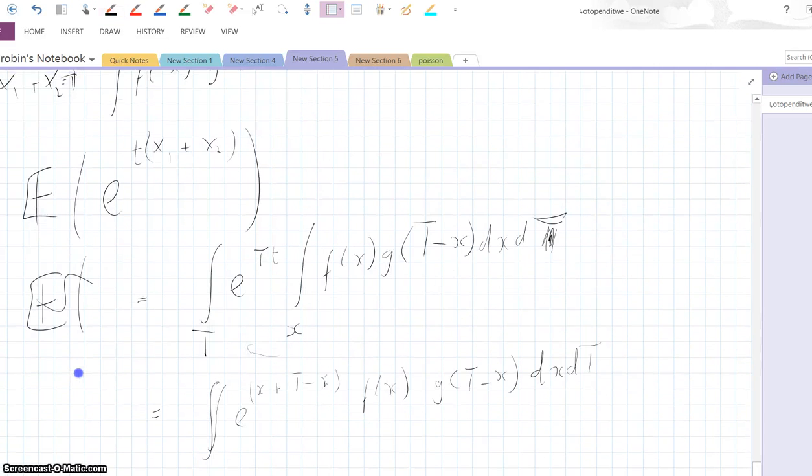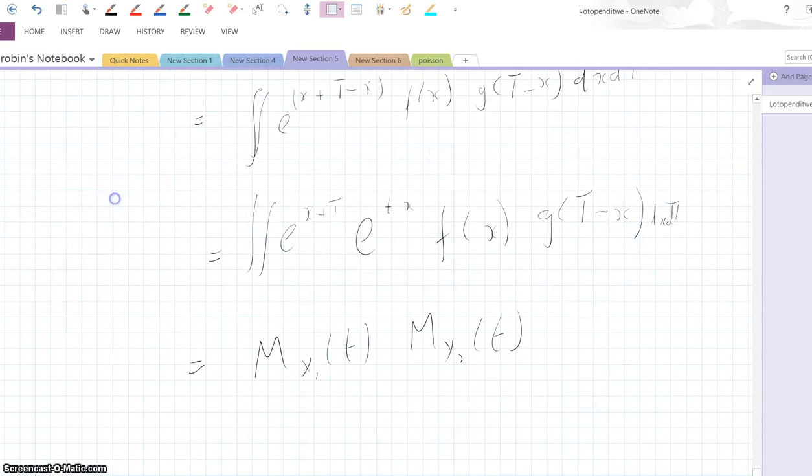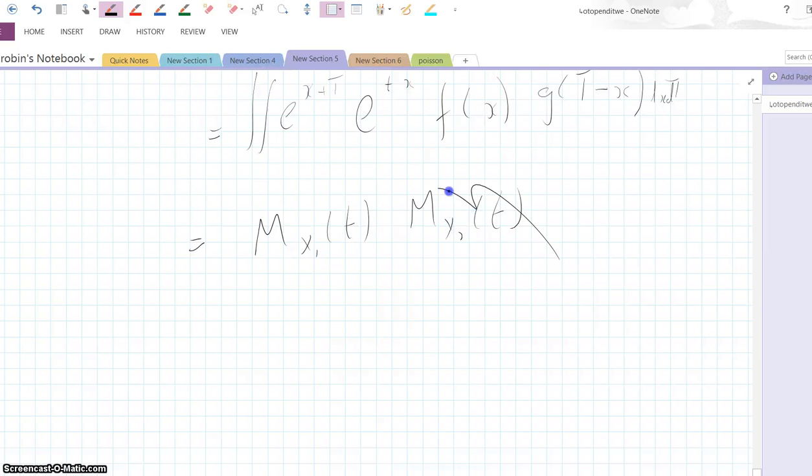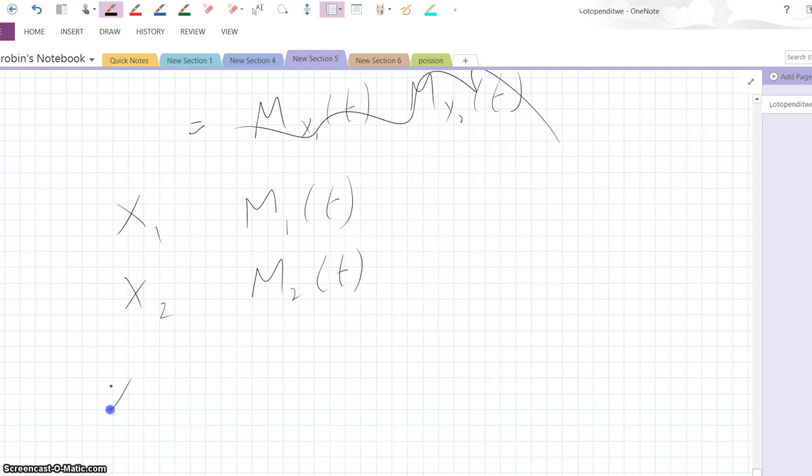Well, I've just gone through some mathematics here. You can see it. It's pretty dull. Basically, what I'm showing is that if x1 is a random variable with moment generating function m1 of t, and x2 has moment generating function m2 of t, then it's a bit like logarithms, because the random variable x1 plus